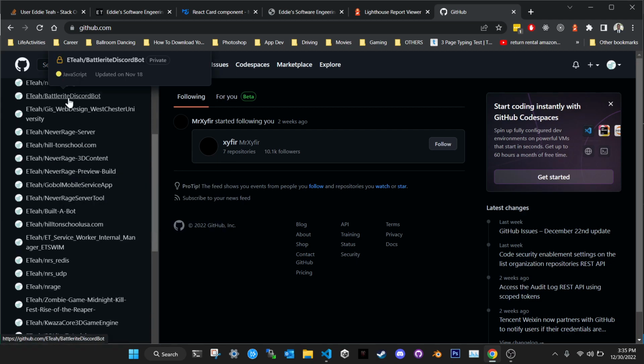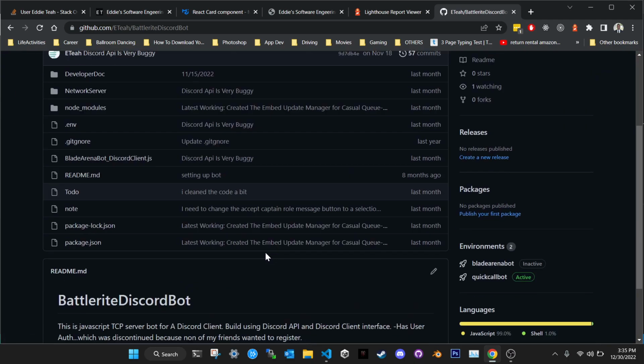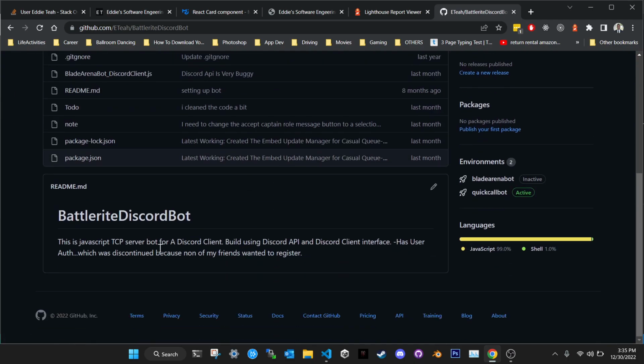But this here is a Discord bot for Battle Right. Battle Right is a top-down action combat game, and I built this API.